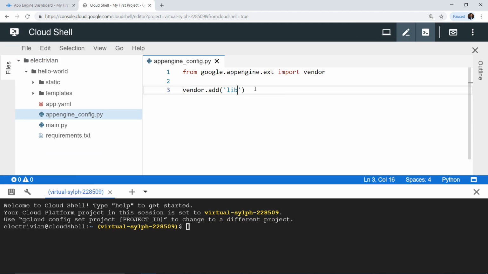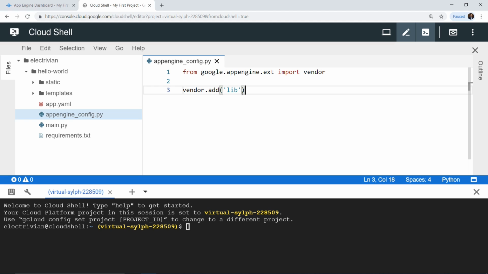With this we have basically told App Engine that we also want to add the contents which are inside the lib folder. Any modules like Flask or Jinja templates which we'll be using for this project will be installed inside a lib folder. We'll be creating the lib folder shortly when we install the packages from the requirements.txt file, but a lib folder will be created over here which will hold all of our libraries, and we are telling Google Cloud to add that folder as well while deploying our app.